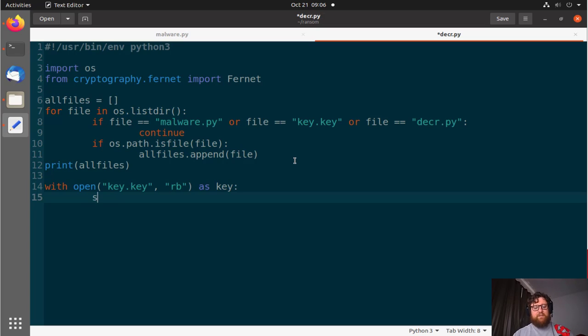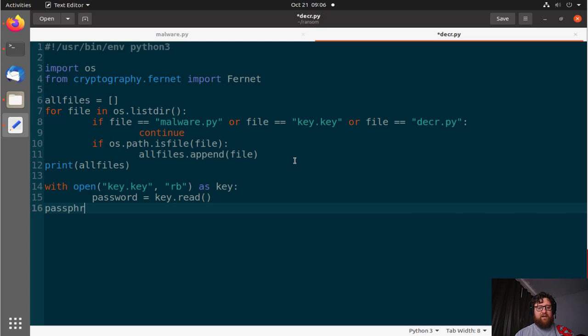We are going to give a name to this variable, secret key, or just password equals key.read. Then we're going to read this file. Okay, so